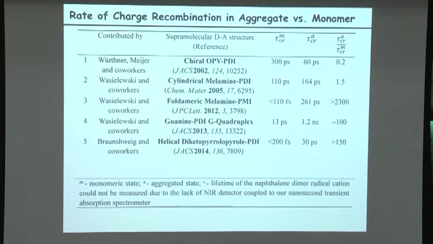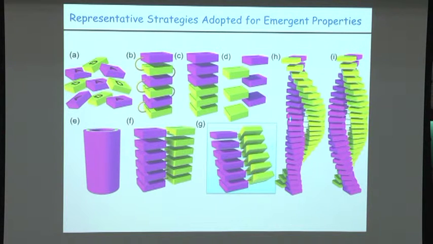The table shows some numbers of charge recombination time scales for the monomer and the aggregate. You just find that these numbers are not that much bigger once you take the donor-acceptor and aggregate them. So what we thought is that this particular structure is missing. So since 2009, we've been making lots of near-orthogonal structures that look like this in order to see whether the crystallization